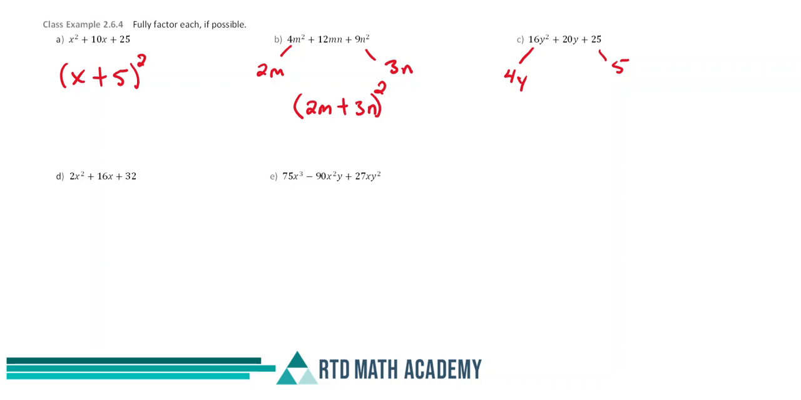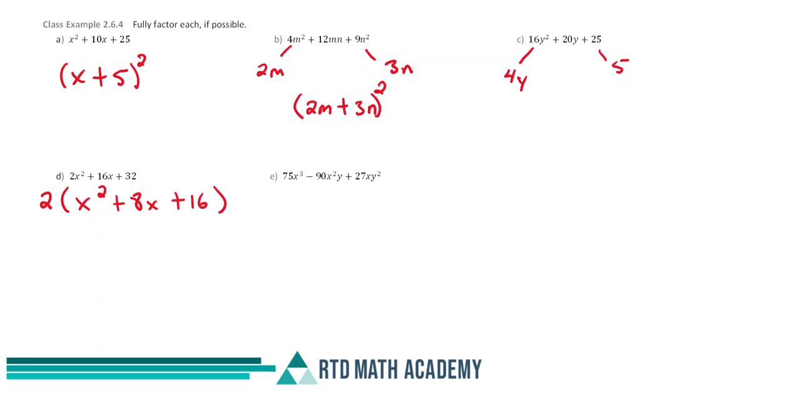Okay, so moving on to the next one. So looking at D. Well, in this case, we're not even there at all yet, right? Because I can't even take the square root of that first one. But remember what we should always do? We should always factor out what we can first, right? So let's see. These all are even numbers, so I can factor a 2 out of this. So 2. And then what we have left is x squared plus 8x plus